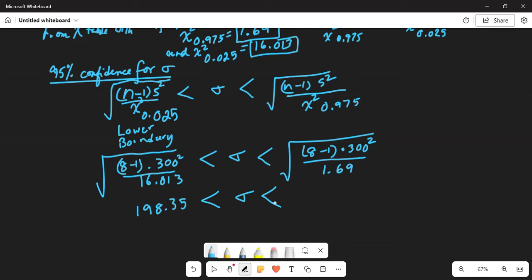Less than sigma, less than, again, second x square gives me the square root. Inside the square root, 7 times 300 x square divided by 1.69. And that value is 610.56. So with 95% confidence,